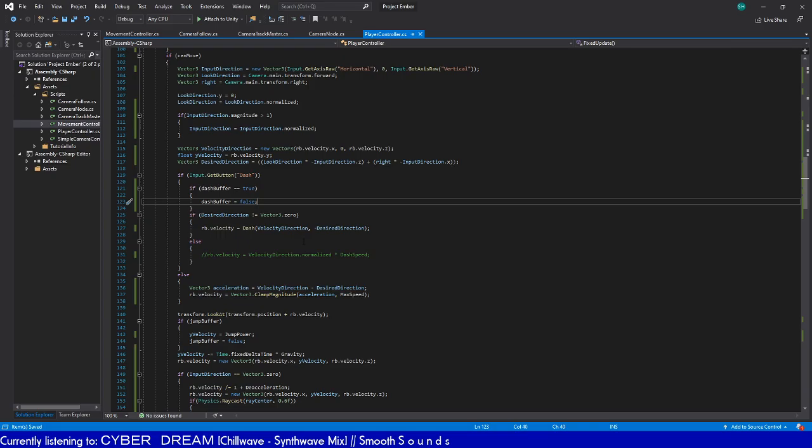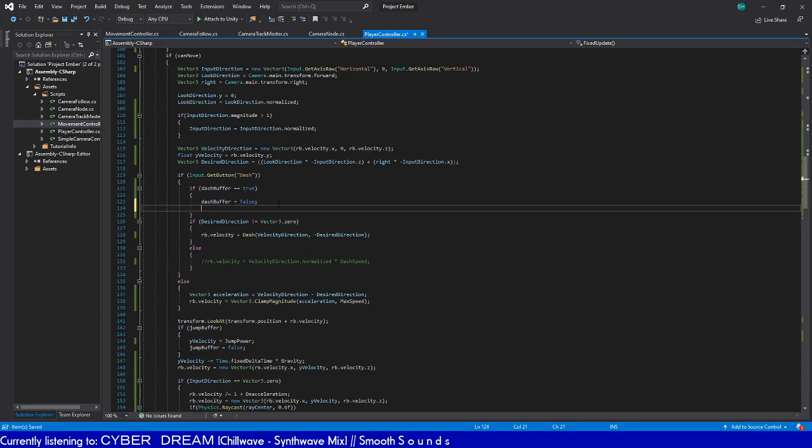This is just an easy way to check to see if your input button down has been true only on the first FixedUpdate frame. And then from there, we will check to see if that's the case, then we want to set